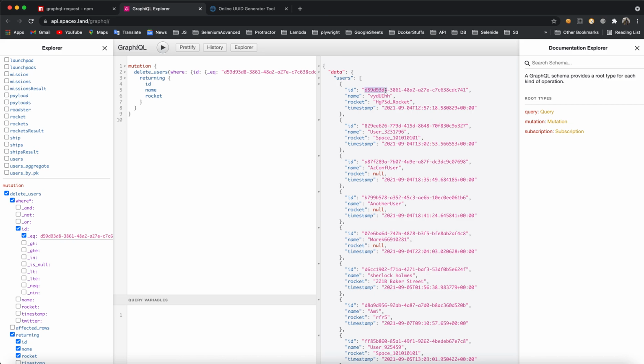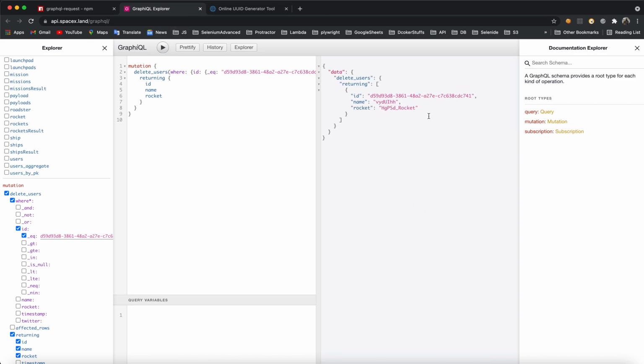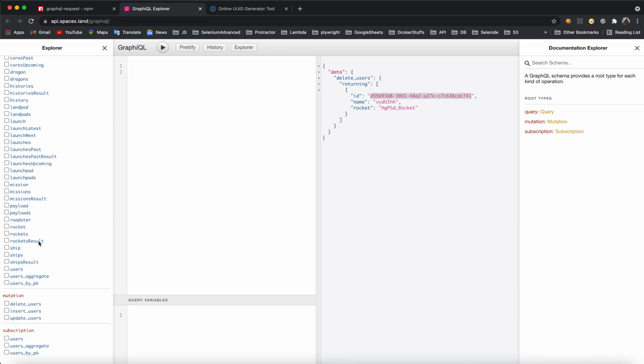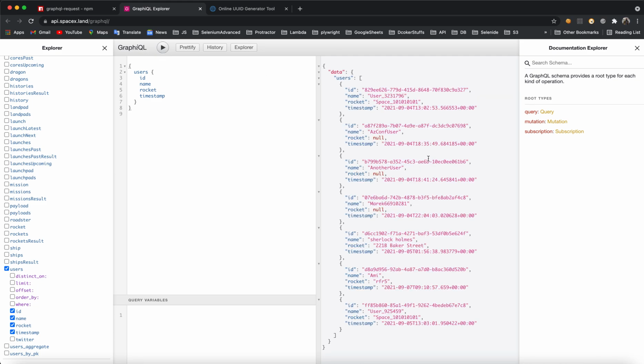So as of now I think it will delete this particular ID. So let's see what happens. So you can see this particular data is deleted. Now when I will try to see this data as a part of my users query, so this is my users query. Okay, let's execute this, and if I search with that particular ID, you will not get it, right? So there is no entry related to that particular ID, D599.